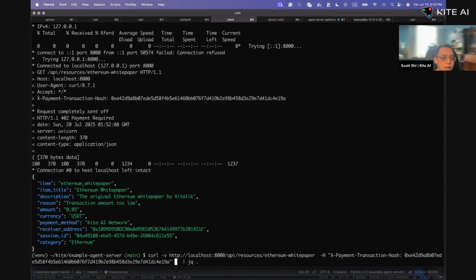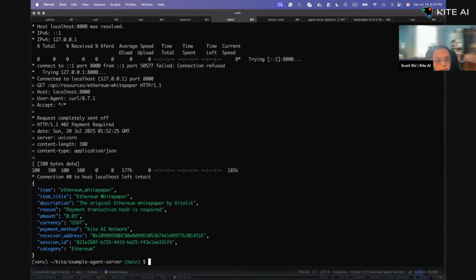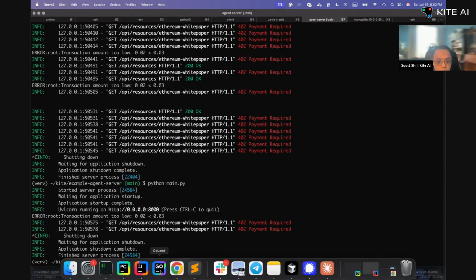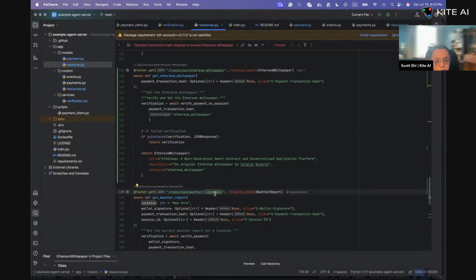Oh, I know why I see it differently. Because in this case, I pass the transaction hash ID, so I see something different than the agent. The agent is pretty confused because this is actually what the agent saw. Sorry, let's revert the code. I know why now. So if we revert this code,